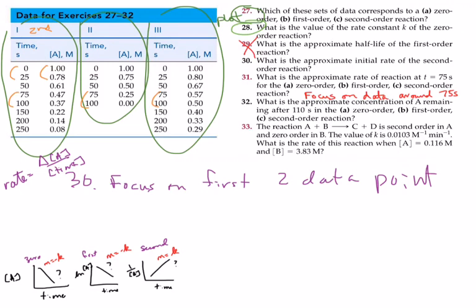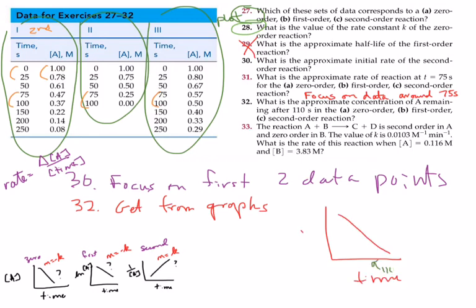And then, did you guys have 32? Is that listed? Yes. Okay. For 32, my hint is get it from the graph. So remember, you have graphs. You'll have at least 3 graphs, probably just 3 graphs, whichever one passes for 0, passes for first, passes for second. And what I would do is find 110 seconds on your graph, come up here, and then get